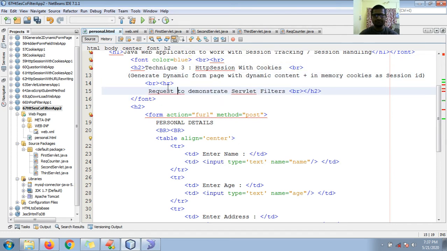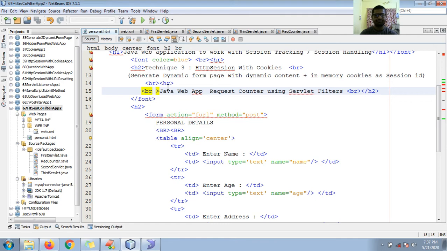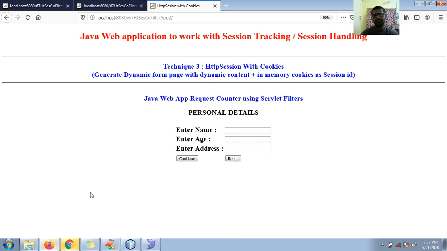Request counter using servlet filter. Okay, guys. Java Web application, request counter using servlet filters.